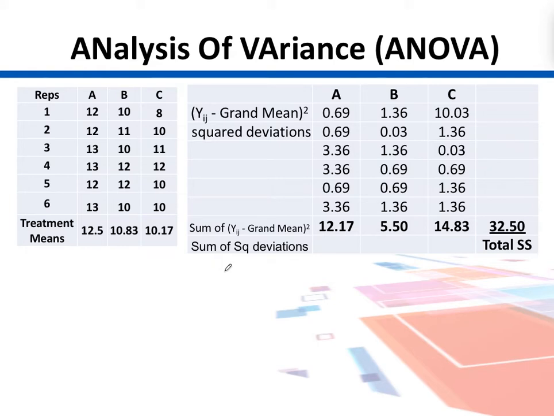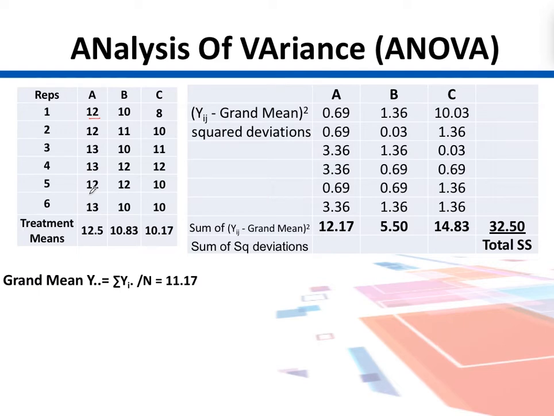Now we understand this analysis of variance table. Before we do that, we should understand the term sum of squares. Sum of squares are sum of squared deviations. In fact, we want to calculate the deviations of each number from the grand mean as well as from the treatment mean. So this first part is where we calculate the total variation in our data set, our total sum of squares. That is how each of those observations varies from the grand mean.